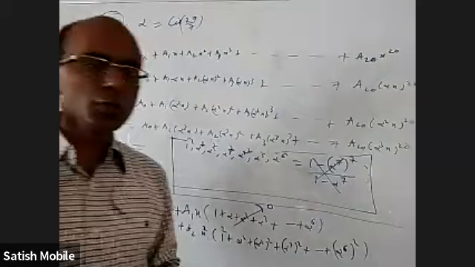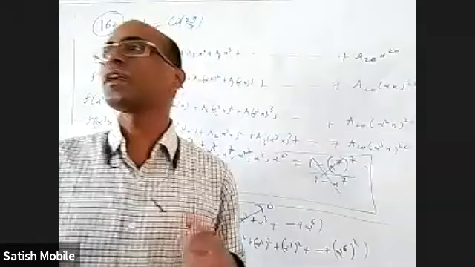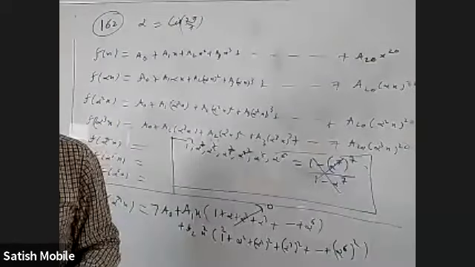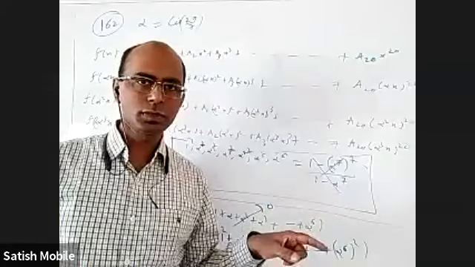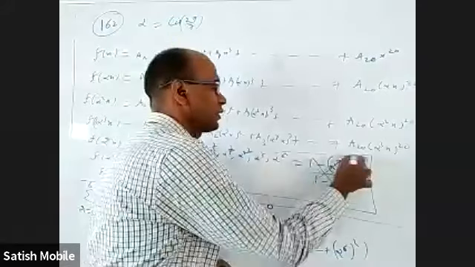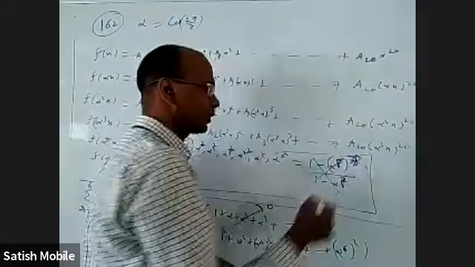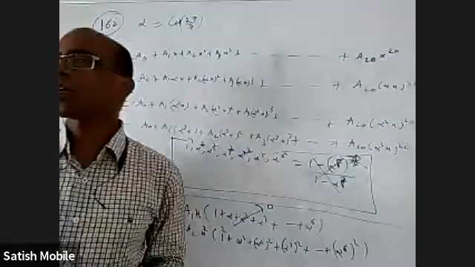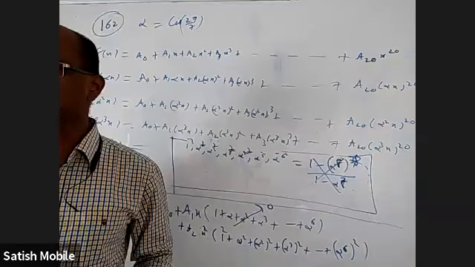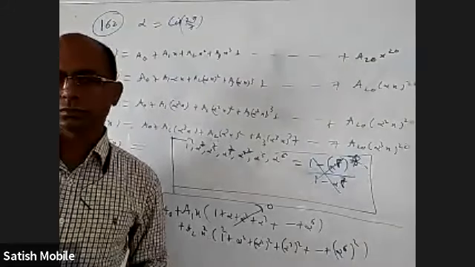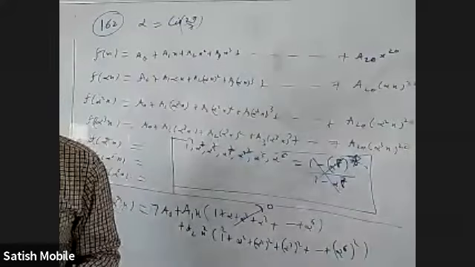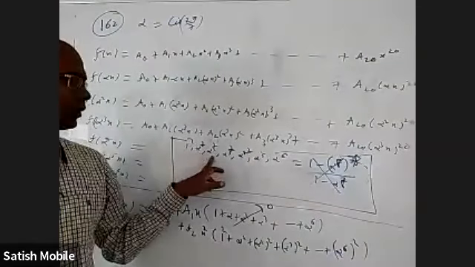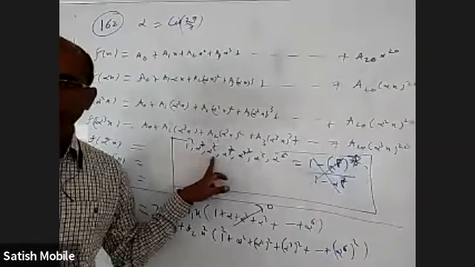Okay. So when you take 7th roots of unity, you take their sum, it is 0. Sum of their squares, it is 0. Sum of their cubes is 0. Sum of their power 4 is also 0. But when you take power 7 everywhere, the answer is 7. When you take power 8 everywhere, 0 only, because you'll get alpha here, alpha square here, and 7 terms. This is not 1, I can use it, and it is 0. When you take power 9, 0. Power 10, 0. If you take power 14, it will be 7 again. It is not 0, because alpha power 14 will be 1. Alpha square power 14 will be 1.